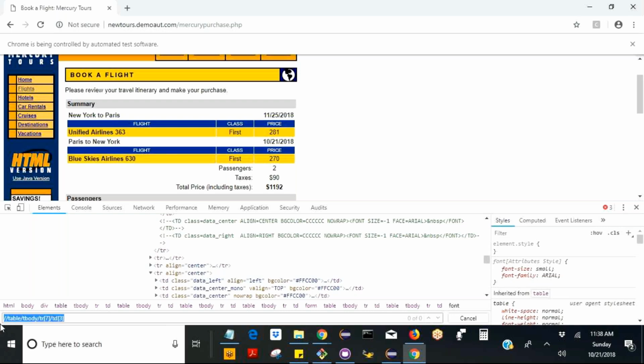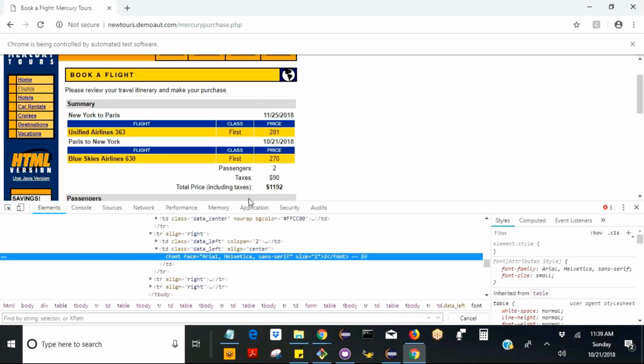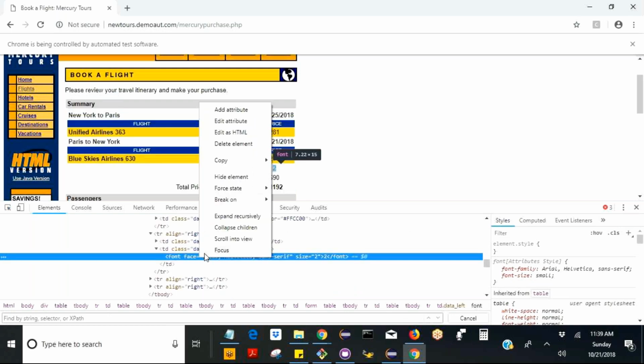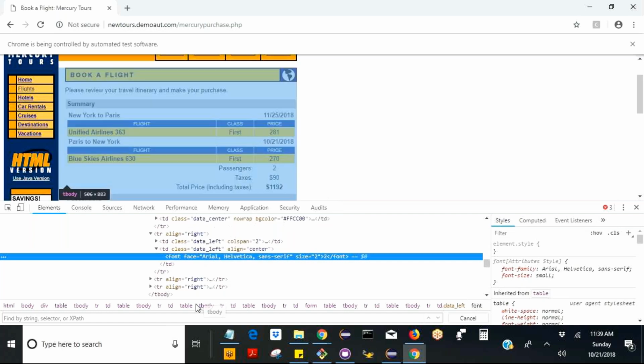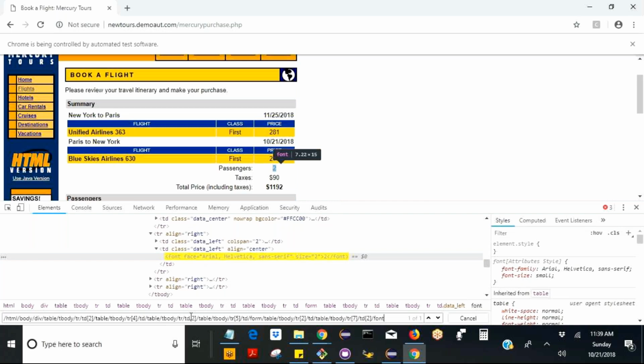Again, I have to go with highlighting, and what else? Right click on it, copy. This is only good for web tables. Remember, do not do this for others, because others don't have to deal with the hierarchy. So copy the XPath and paste it. Now the whole hierarchy you cannot take in, obviously. You delete it until